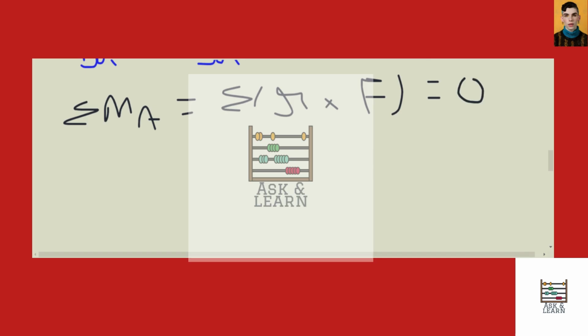So let's take the cross product of r and F, which gives us the equation 9.6 TFJ K plus 19.2 TFJ J